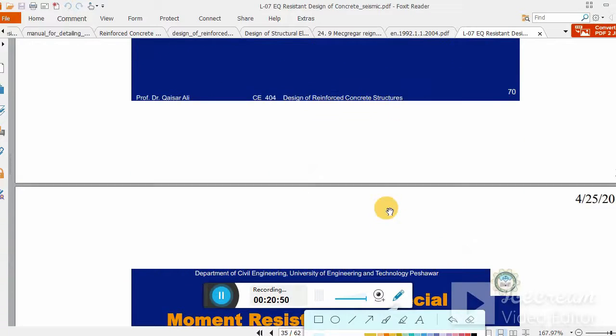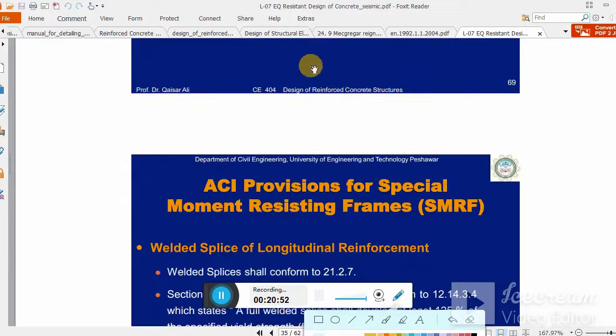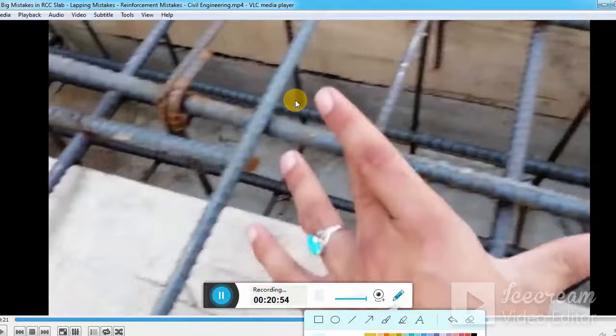So in that case, we get a uniform spacing. So these are all the provisions which we made, and it is not necessary that you use uniform spacing. So this is all about shear reinforcement. Okay. See you in the next lecture. In that part we will find other mistakes, and I think there are others, I see there are